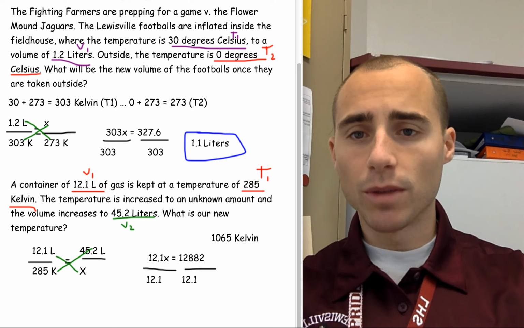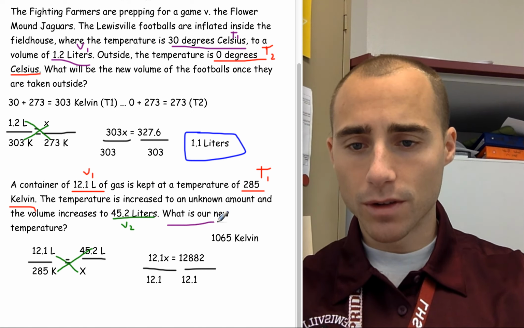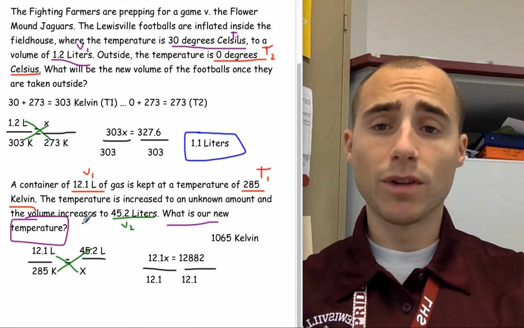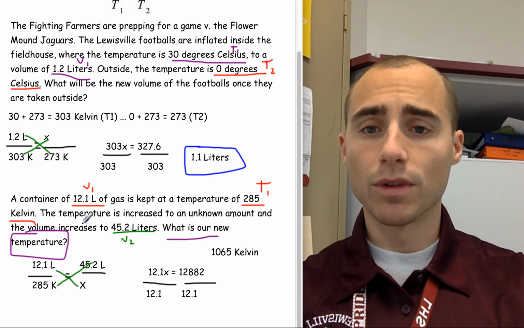And how I knew that we were measuring in temperature, I just looked right here and it was asking what is our new temperature? And you just have to remember that temperature is measured in Kelvin. So those are your first two examples of the